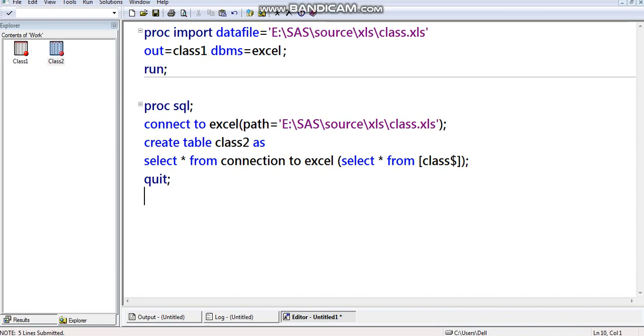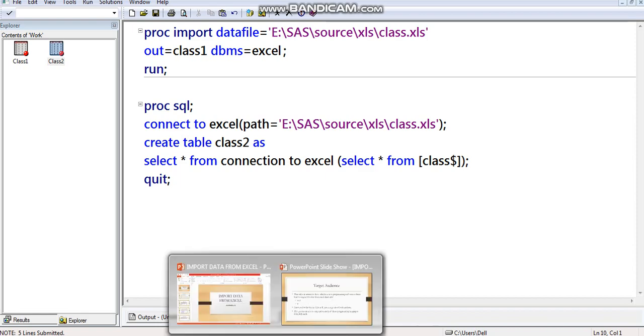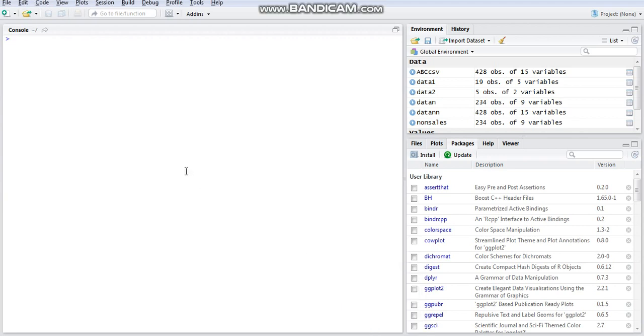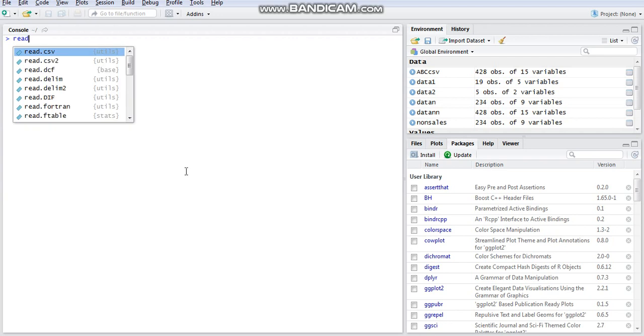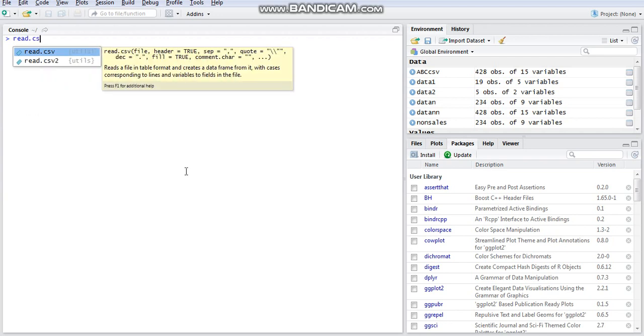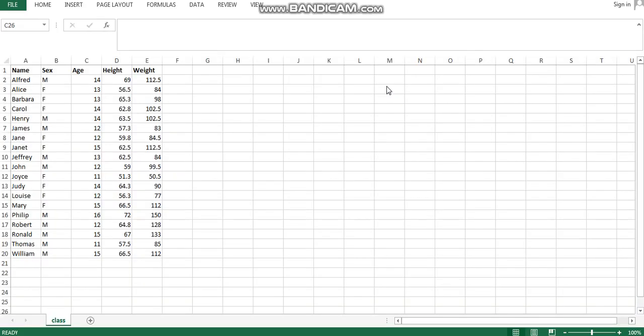Now let us see how to import the data from Excel into R. The syntax of R is shorter. So read.csv, it's a CSV file. You may be wondering how it became CSV. Actually it's an Excel file,